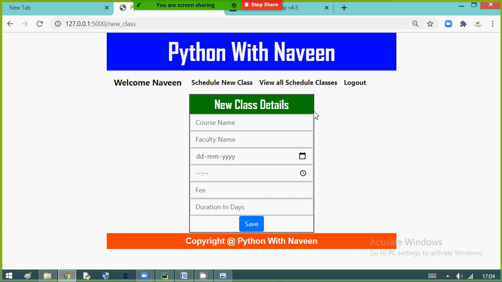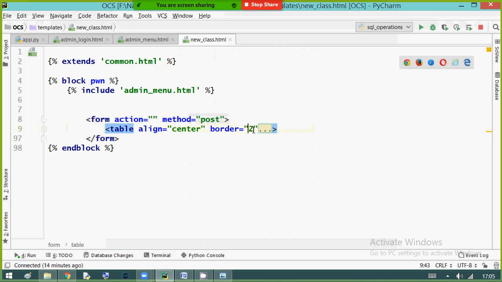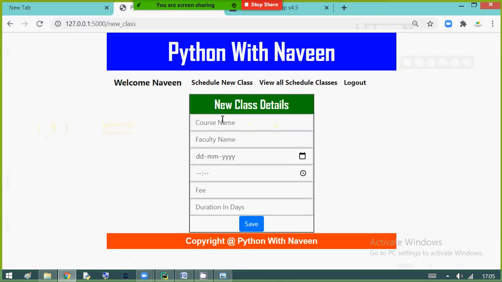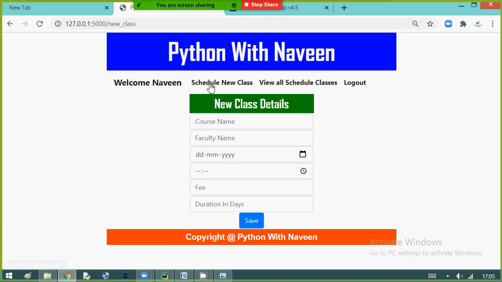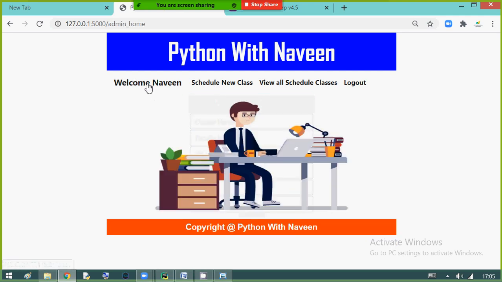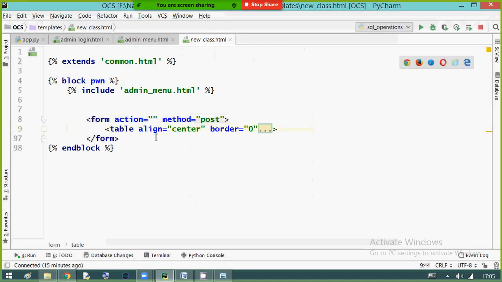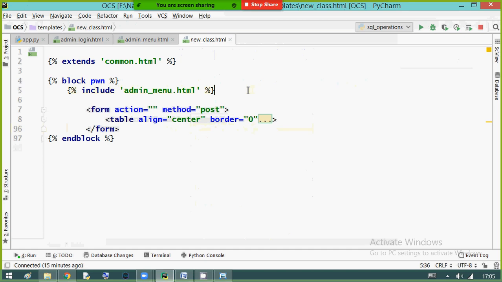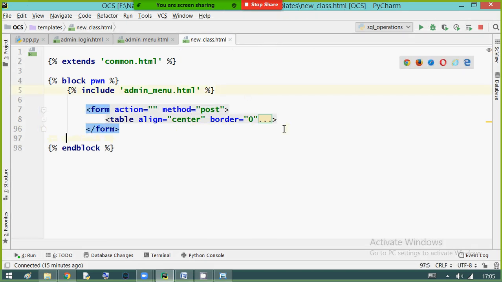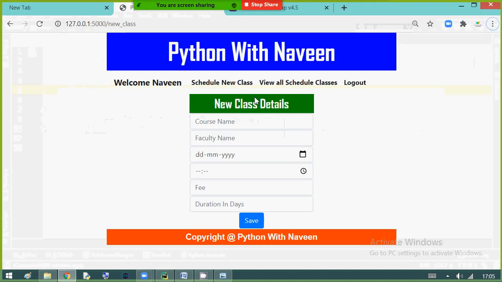Now I am removing the boundary of my table. Border I am making as 0. Once have a look. Okay, not bad. It's up to you, I am removing the border. If you want, you can keep it. Yes, I told you I am not a designer, I am a programmer. You can call me a developer. I'm not that good at design, some basic design I can do. Good.